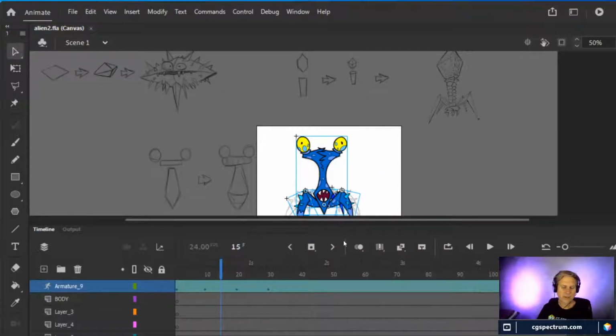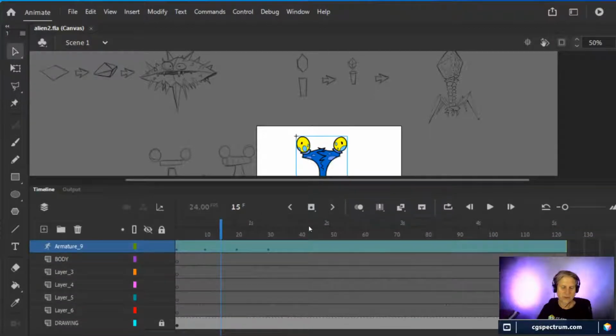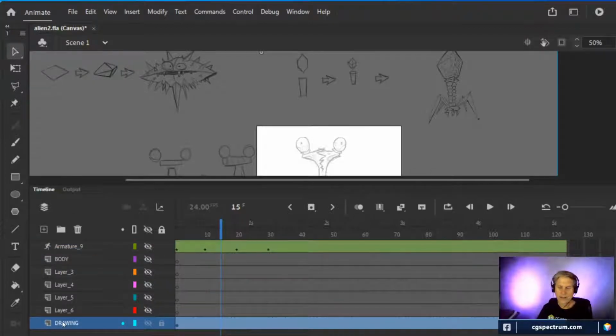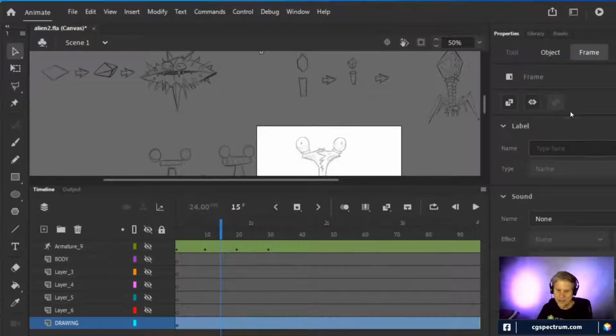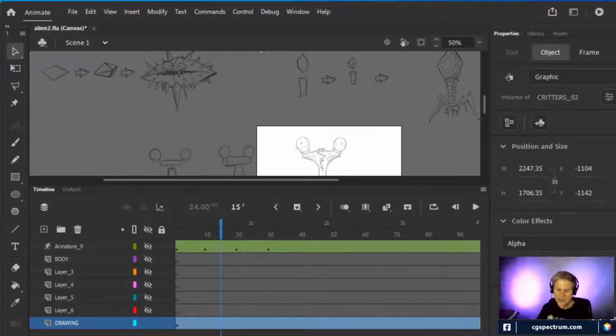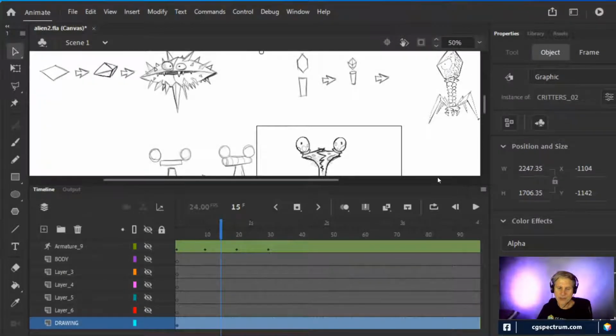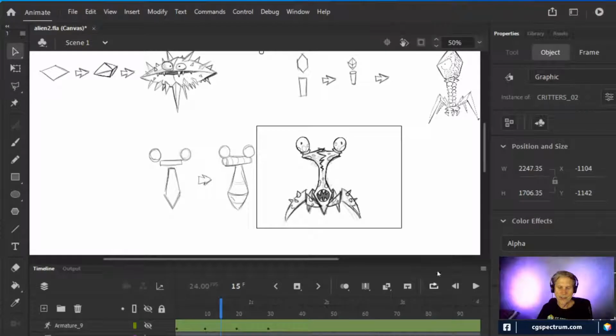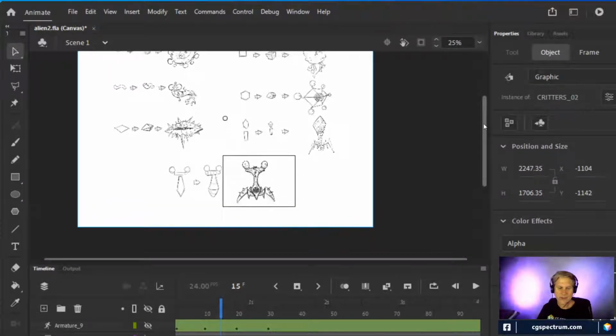Here's a page of Brandon's drawings. I think it's worth pointing this out. I'm going to get rid of everything except his drawings because it's really fun. Like I said, I was just delighted when I first found these. The first thing I did was bring down the opacity. Oh, there it is. I'll bring the opacity up so you can see them in all their glory. So that's what they looked like when I got them. In fact, I will bring it down even further because it's a lot of stuff.